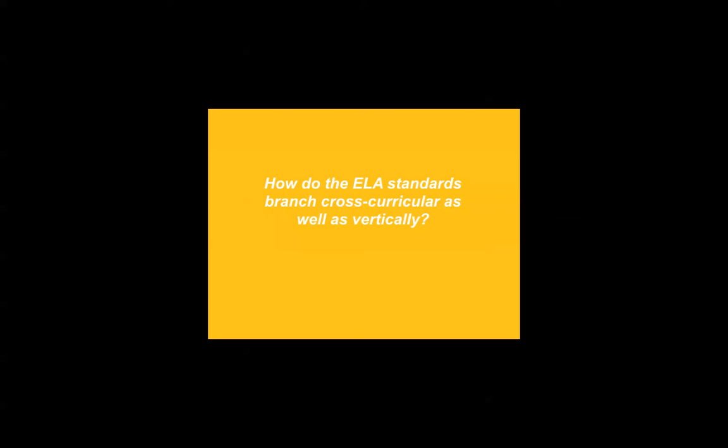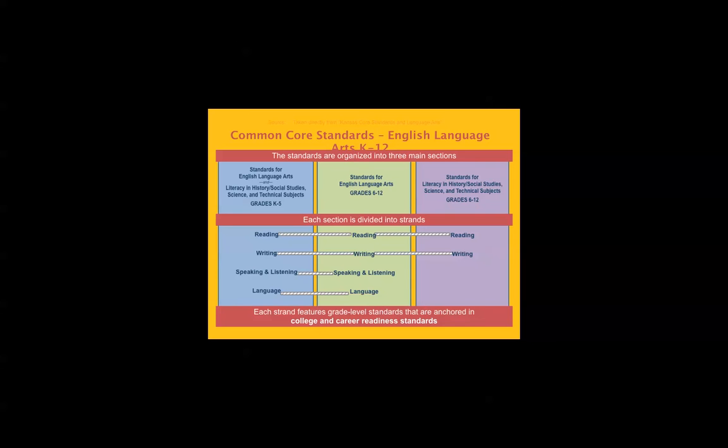So how do we band that across? Well, I found this really nice visual from the Kansas Core Standards in Language Arts. Very nice, because we get to visualize, well, how does reading and writing span across everything that we do. Well, you can see here that from K all the way to 12 that these things are heavy. What I'm surprised with is that in history and social studies and the sciences and the technical subjects is that there isn't any kind of speaking and listening standards in there. Considering how much presentation and information that you bring up in history, I found that surprising and revealing to me.